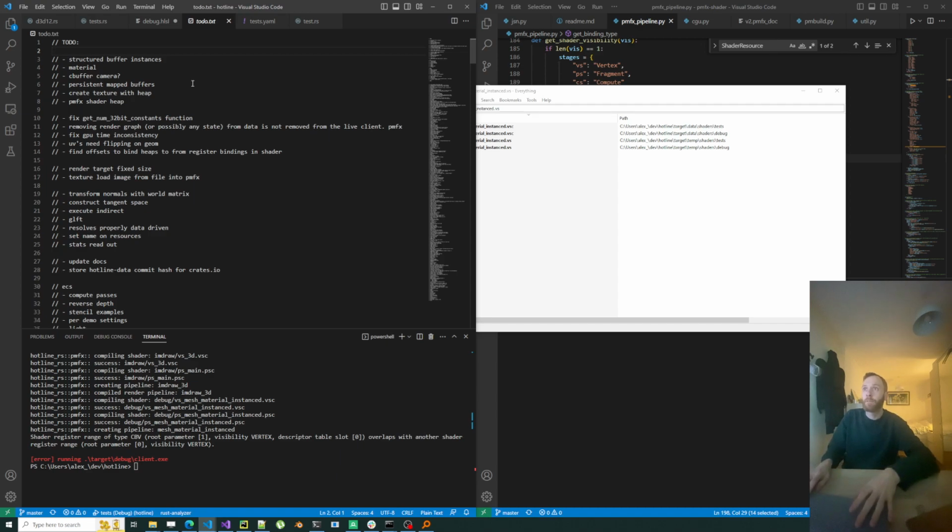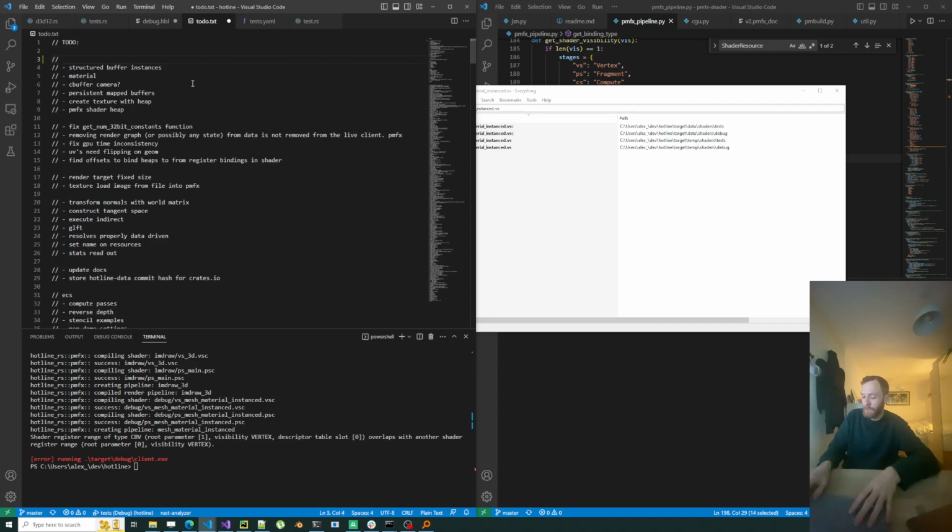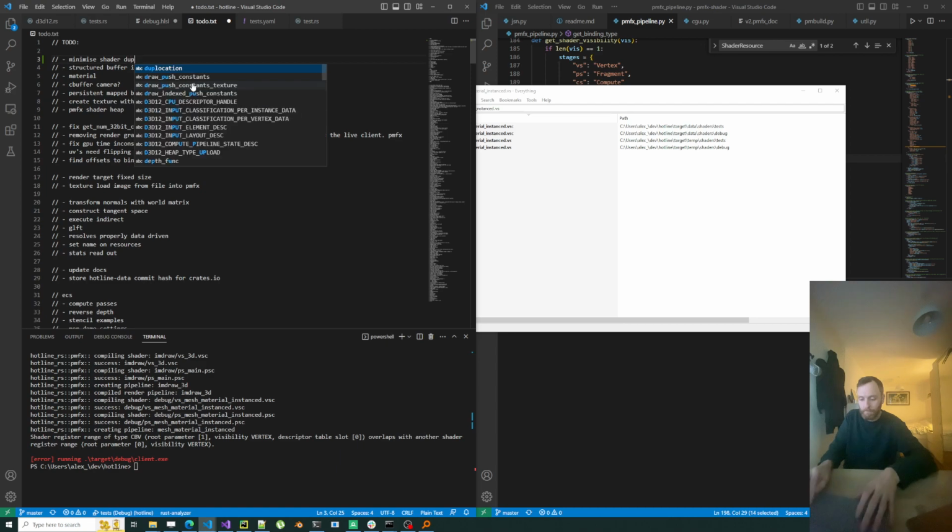So I might have a bit of work to do: minimize shader duplication caused via